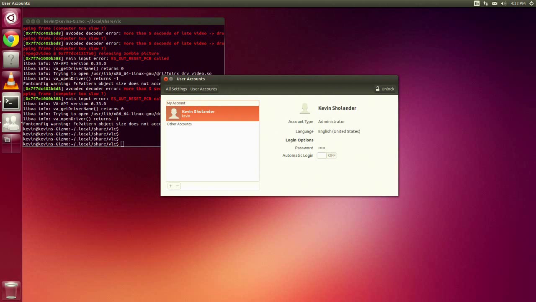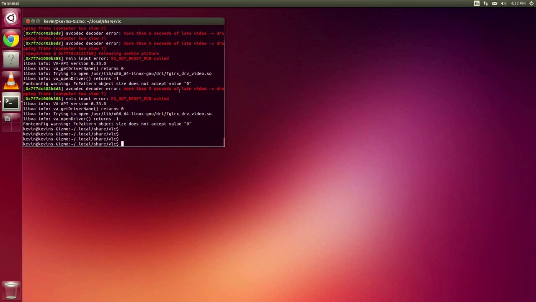For the most part, I'm fairly happy with how this is turning out with my slimmed down Ubuntu system and VLC. I'm able to fairly easily connect to the Gizmo from across the room and pick a movie, get it started. I can pause it, I can change the volume and do all the other things without having to hook up a remote, because I can do it right through my browser or my phone, as a matter of fact,